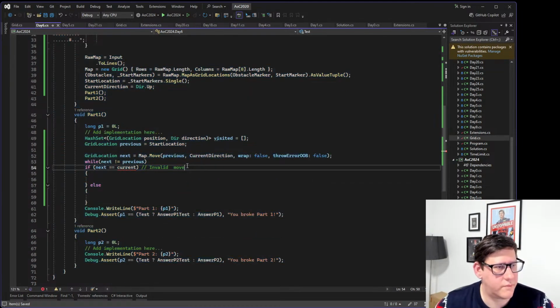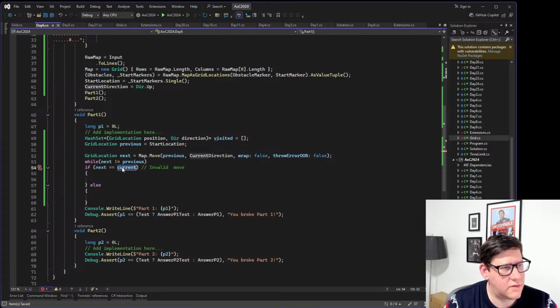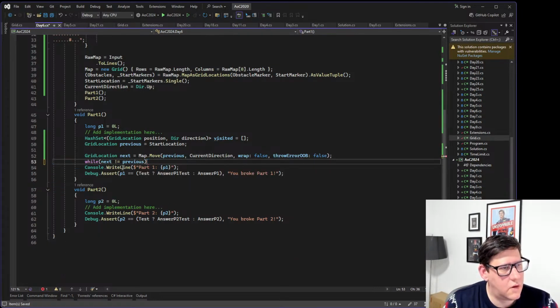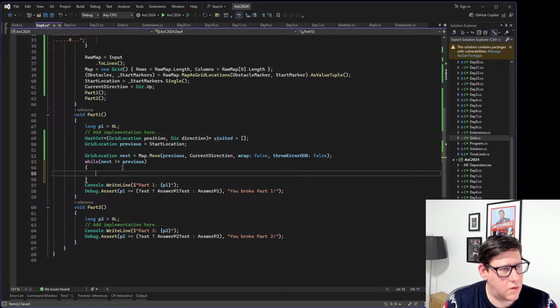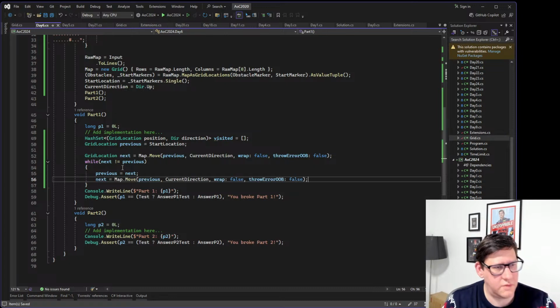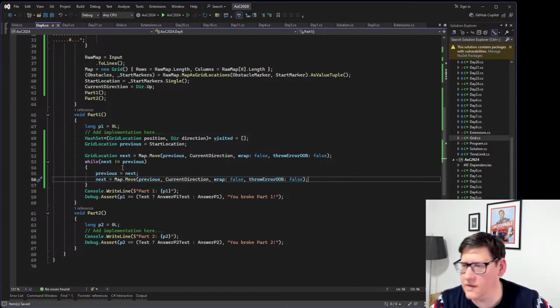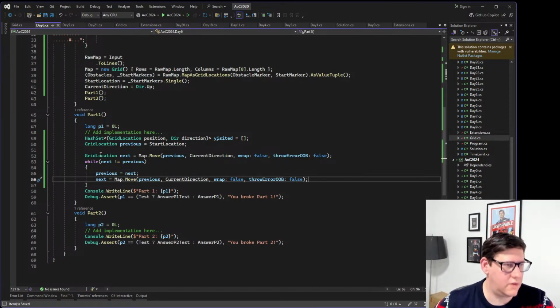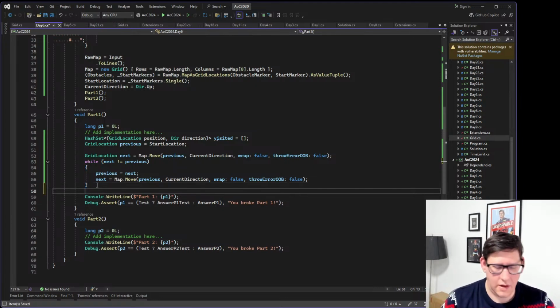Something like this. While next, we do previous is next, and then we do this. So this basically means we move in the direction that we are going into until this one fails. And now we need to check